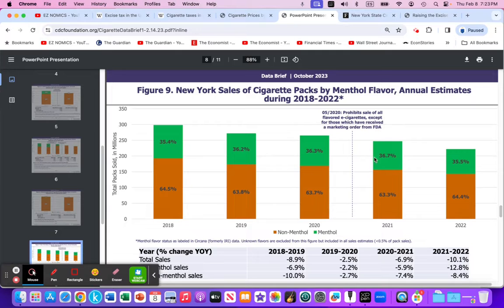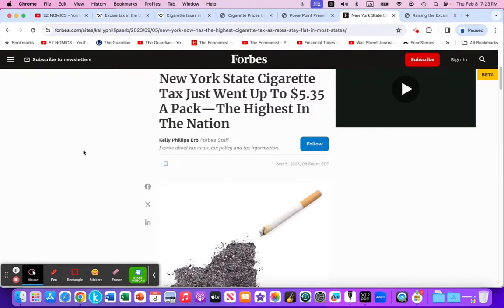So 250 million. Okay, so that's the quantity of consumption. A recent article from Forbes magazine highlights how the state of New York raised their state tax on a pack of cigarettes to the highest in the United States, to $5.35 per pack. For my model, I'm just going to keep it simple, keep it at $5 per pack as a per unit